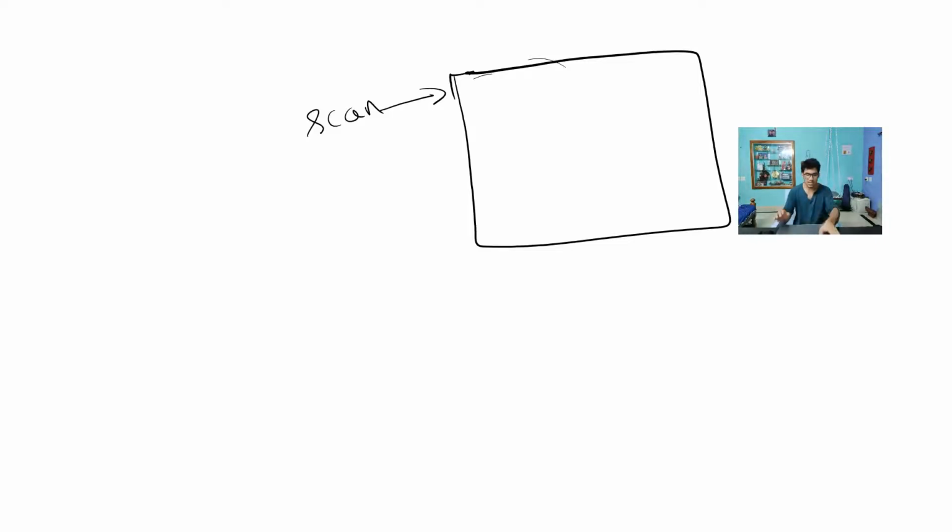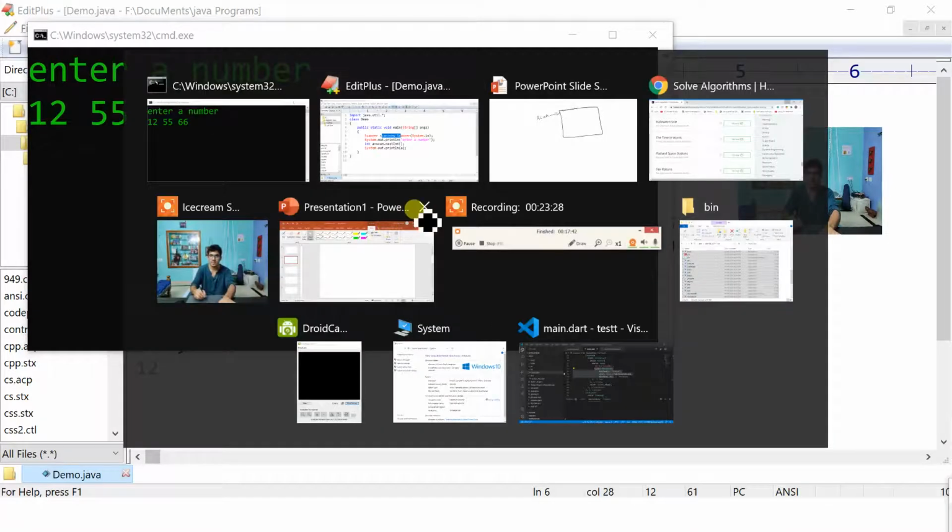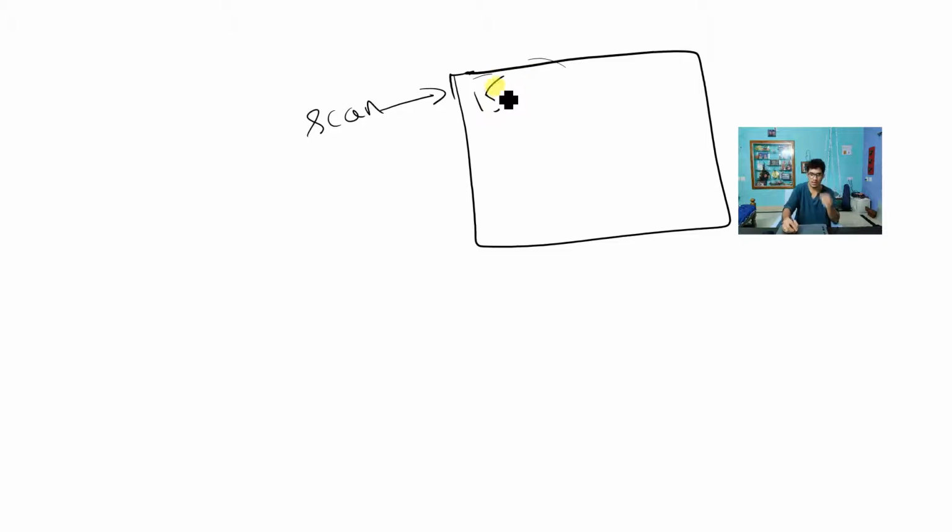All of you knew this, I guess. But you have to understand one thing, that I can do it like this also. Imagine I execute, and it says enter a number. I will enter 12, and I will enter 55, yes, I can do that, and I will enter 66. The lock will be there till I press the enter button. Once I press enter, what will happen? Let me tell you. Because I entered 12, 55 and 66, they will be there in the buffer like this.